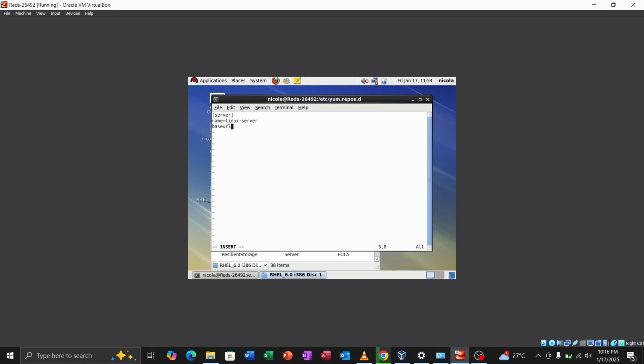Is URL, base URL. It will be file. Okay, I will enable GPG check equal to 0. GPG check equal to 0. Okay,